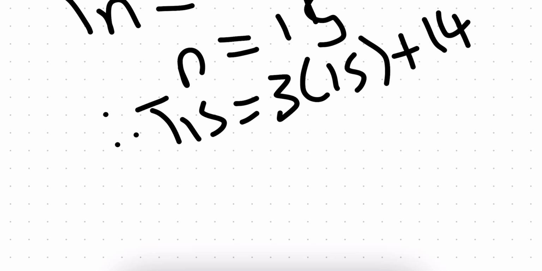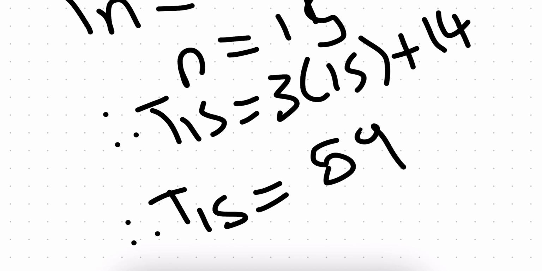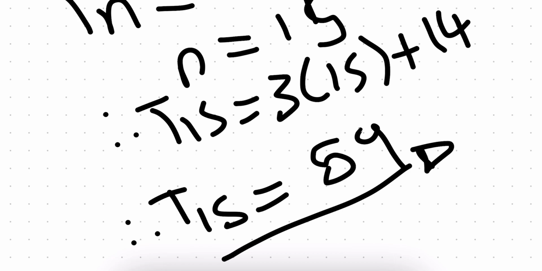I'm getting a 59. So that means my T15, therefore my T15, is equal to 59. Okay, cool. We're done with this problem. We just solved